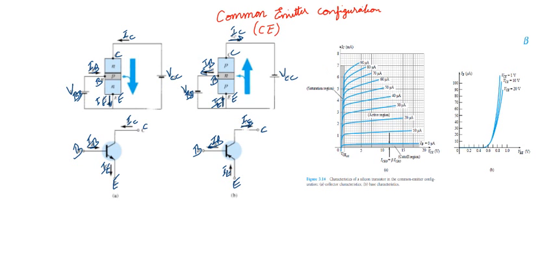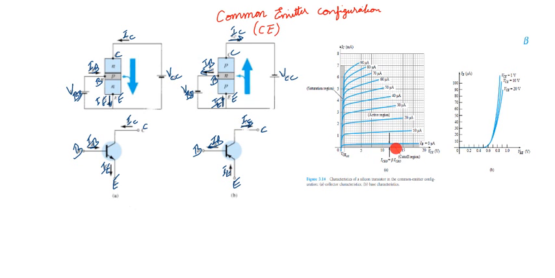So, if you take a transistor, what happens? As you saw earlier, emitter current is flowing outwards. Base current and collector current are flowing inwards. Here, for a PNP transistor, the emitter current is flowing inwards, and base and collector currents are flowing outwards. This configuration where the emitter is connected to ground, the base is the input, and the collector is the output, is called common emitter configuration. In common emitter configuration, I will be having two things. One is the collector characteristics. This is the collector characteristics. This is the base characteristics.